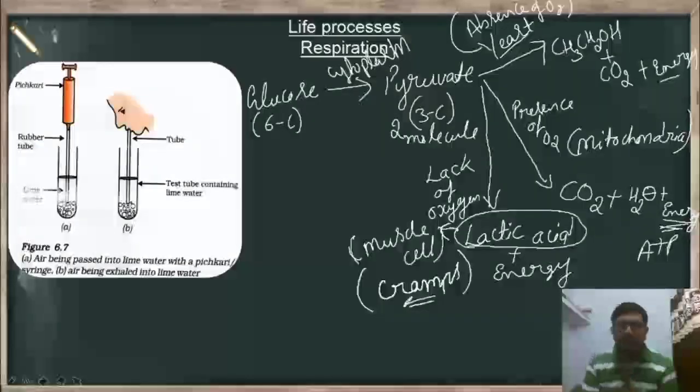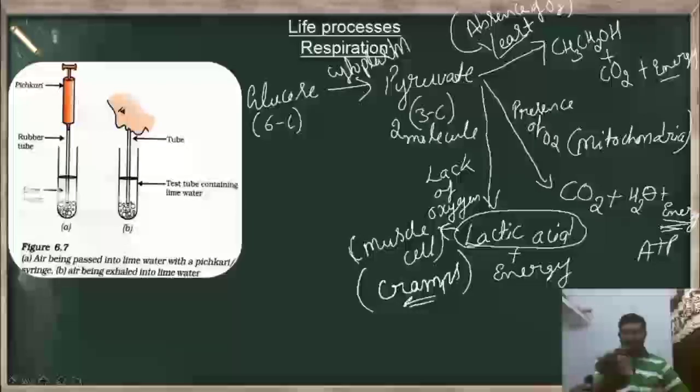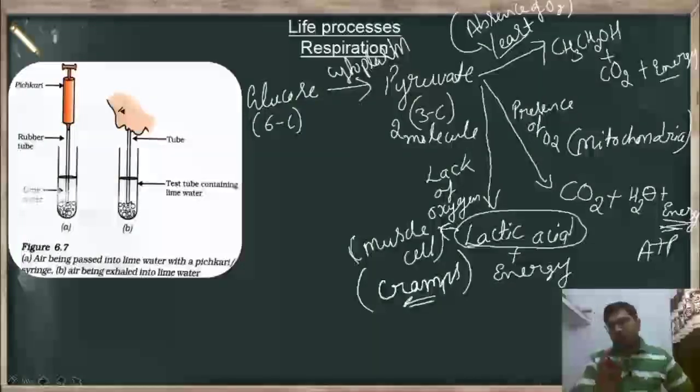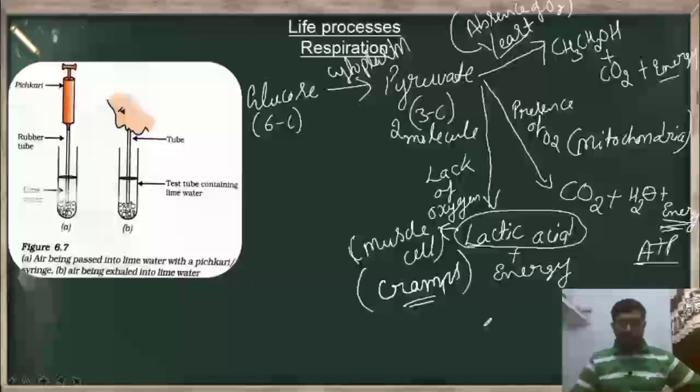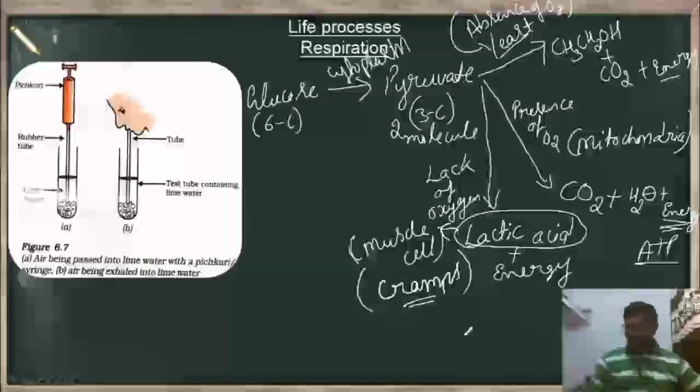For that reason, before doing any activity, that means while playing any games, they will do warm-ups. So you may have seen that. These warm-ups are important to control this kind of muscle cramp. So these things happen during respiration. And then we have studied, these energies are utilized to form the molecules called ATP, and this ATP releases energy.